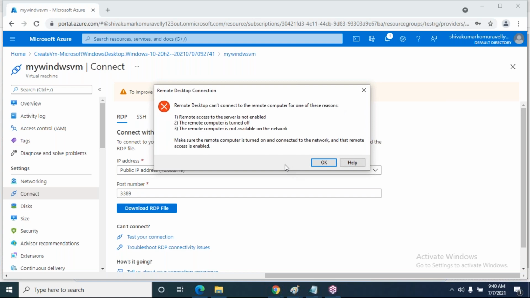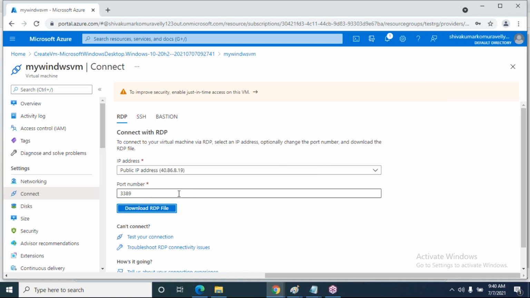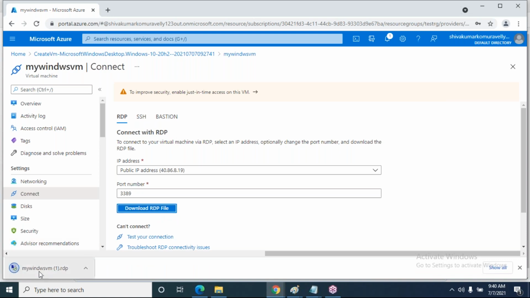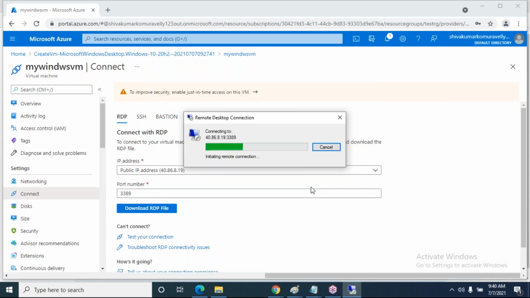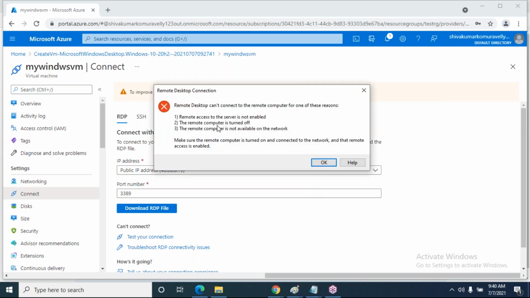Remote desktop cannot connect to remote computer. Not available on the network.